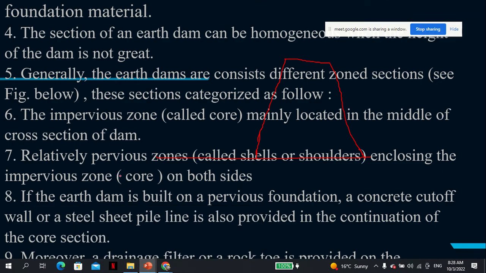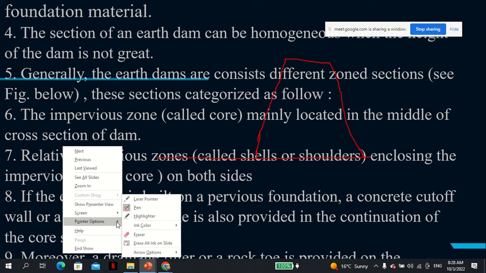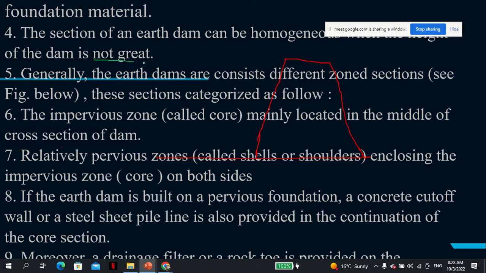Okay. Anyway, we proceed. So if this is your ink color, so if this is your dam, and if for some reason the foundation is pervious, is permeable, you put some structure. Usually we do sheet pile to increase what is called the flow path. So you put a sheet pile here,